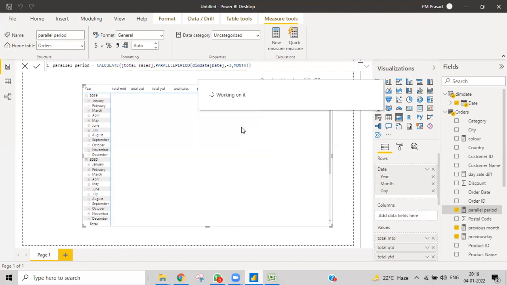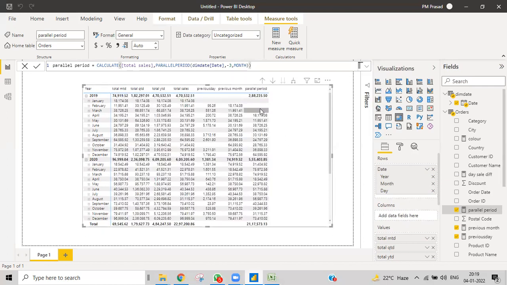Got my point? Okay, so here, for this month, we don't have salary, we don't have data, so previous data is not showing. For the month of April, 3 months before means we do have the data for January, so it will show that. So again, we can go for even days, months, and then years.